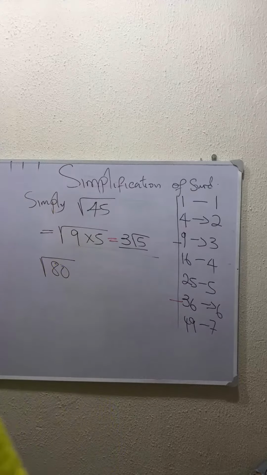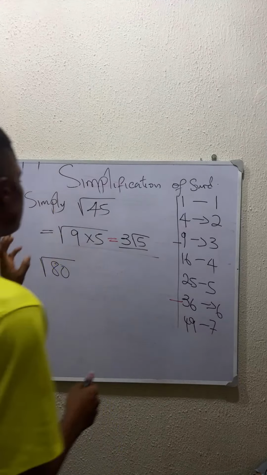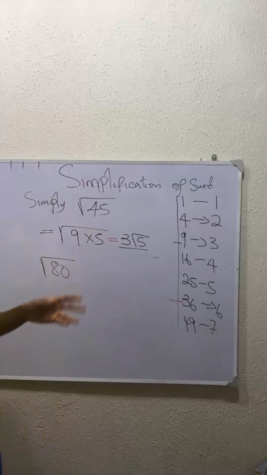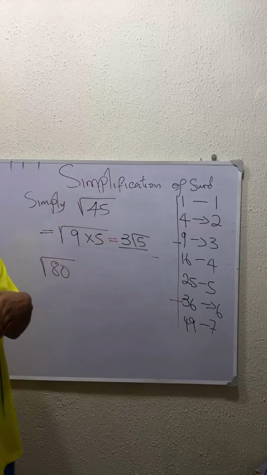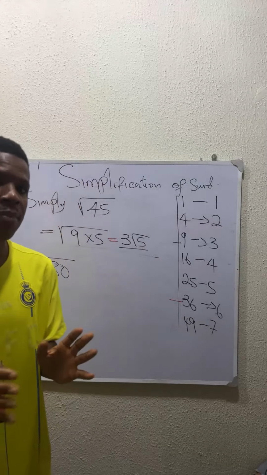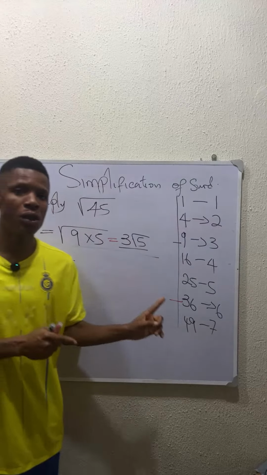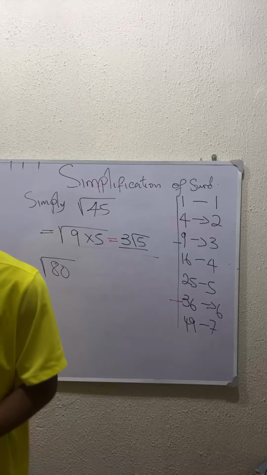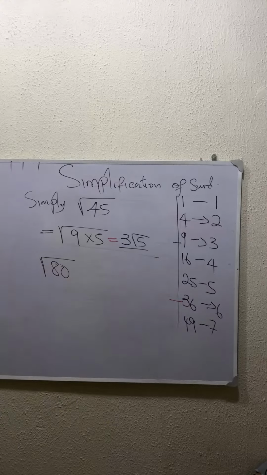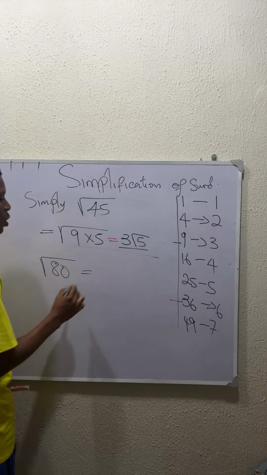Remember, we think of two numbers that multiply to get 80, but one of them must be a perfect square, while the other would not be a perfect square. But when they multiply, they get the number in the square root. So what's the number? Why are you saying 8? You cannot say 8. Why don't we try